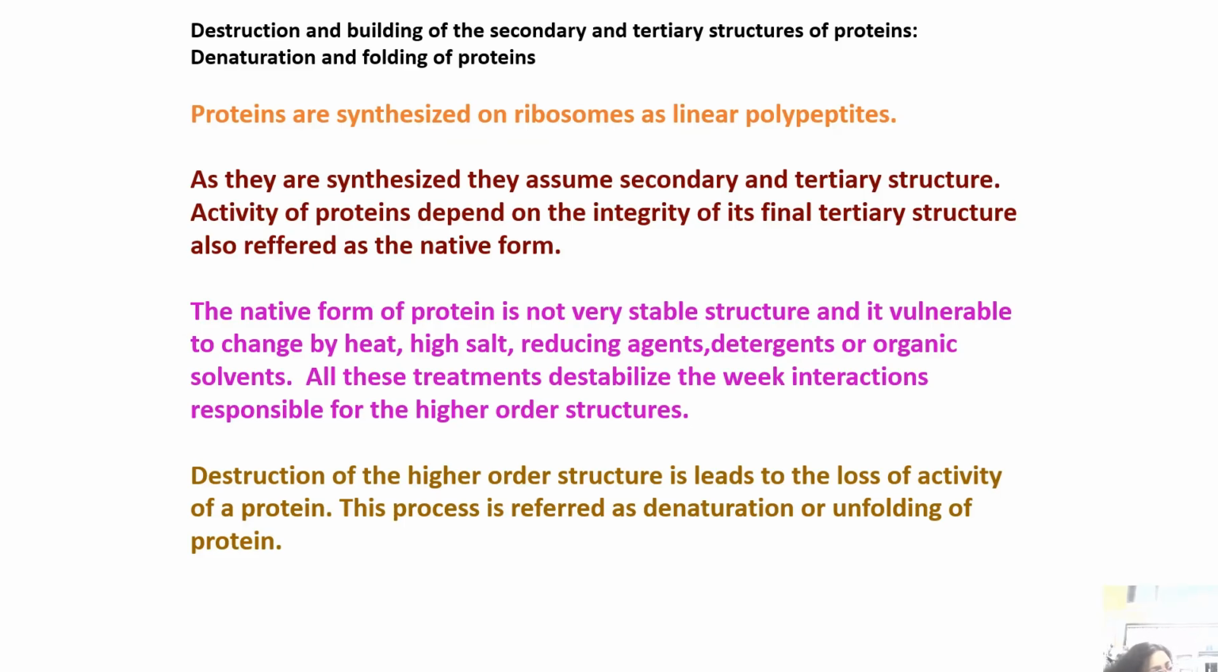So proteins are basically synthesized on ribosomes as linear polypeptides, right? And as they synthesize, they assume secondary and tertiary structure. The activity of the proteins depends on the integrity of its final tertiary structure, also referred to as a native form. Now, the native form of protein is not a very stable structure and it's vulnerable to change by heat, high